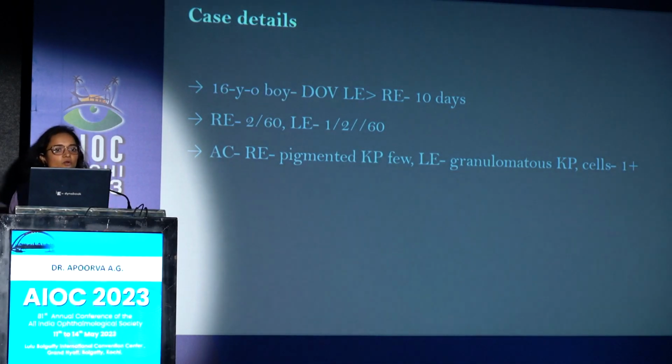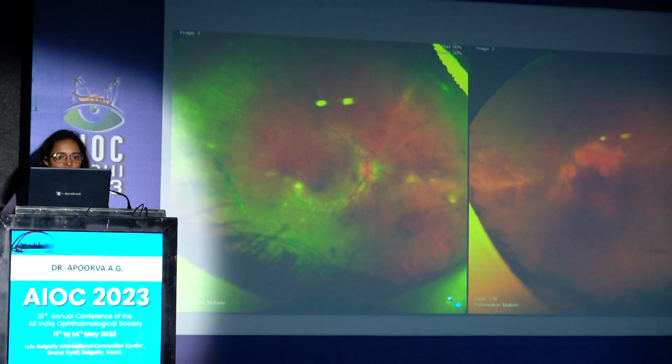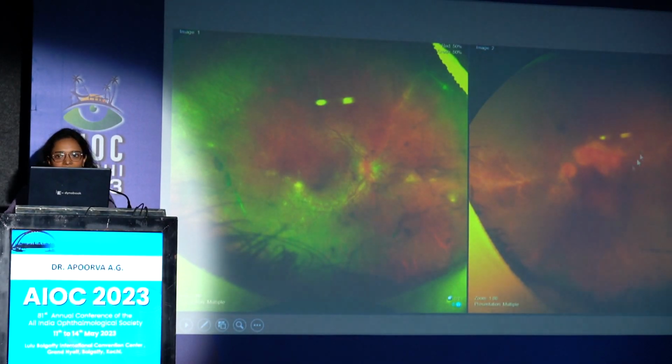This is a 16-year-old boy with diminished vision in the left eye more than the right eye. Right eye had a vision of 6/60 and left had half by 60. There were a few granulomatous KPs in both the eyes. Now this was the right eye. We could see some chorioretinitis, and they were straddling the veins. There was vitreous hemorrhage in the right eye, and there was this kind of vitreous hemorrhage in the left eye